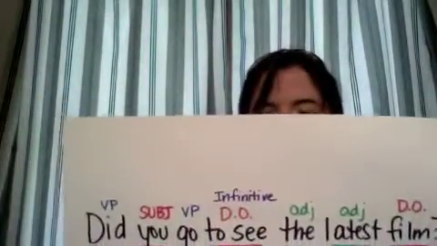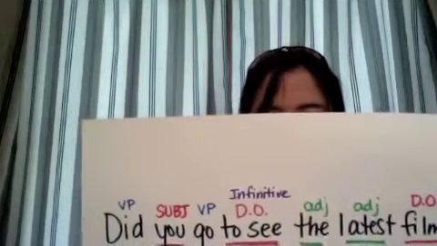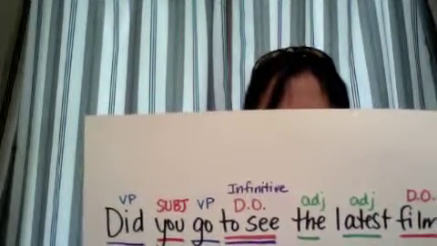And then see is a verb. So I'm going to ask you again, see what? And here we're going to have another direct object. The direct object of the verb see is film. And that means the words the and latest are modifiers of that. So I'm going to have, did you go to see the latest film? Okay. So the diagram for this,